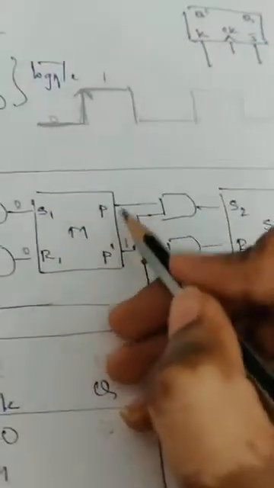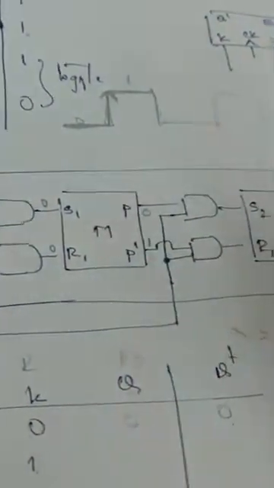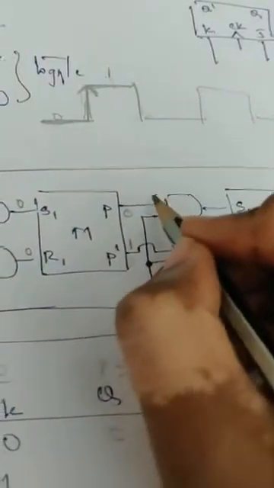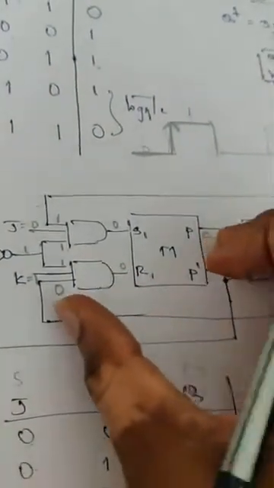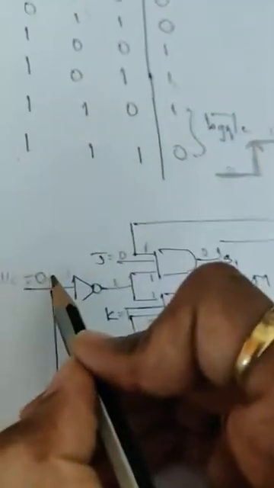So what was the previous state? 0. So it will retain its previous state. This will be 1. This was the previous state actually. So 0, 1, it will retain, it won't change, it will be the same as this. So now the master is active. Once we're done with this, when the clock changes from 0 to 1, this part will deactive.